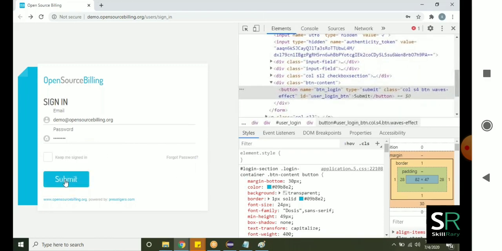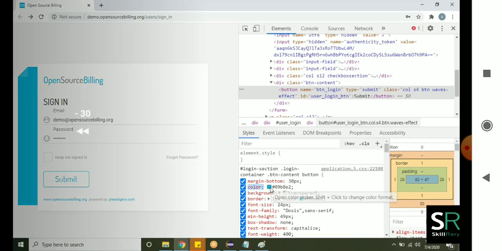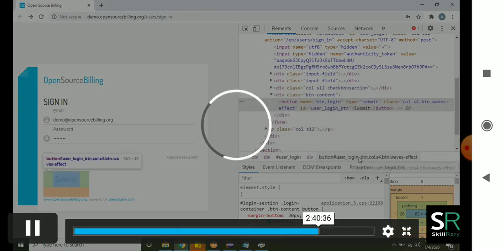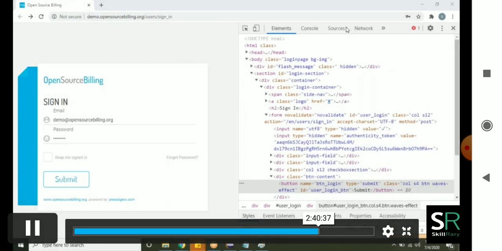Are you able to see it? When you inspect this, you'll get this. This is called the HTML developer's toolbar. Along with the HTML code, it will also display something under styles. Whenever they want to give any color for the buttons, they are going to use this color. See here, color. I will tell you what is the meaning of that.